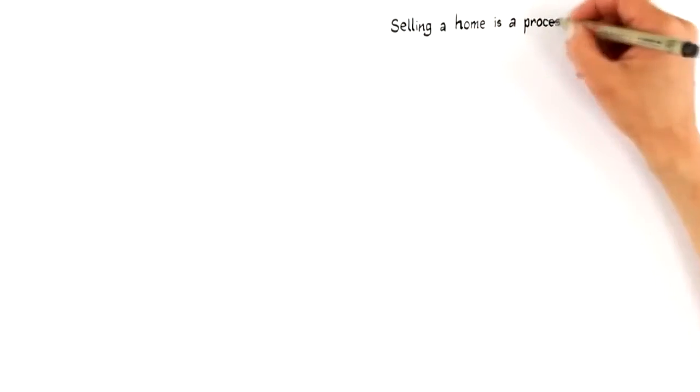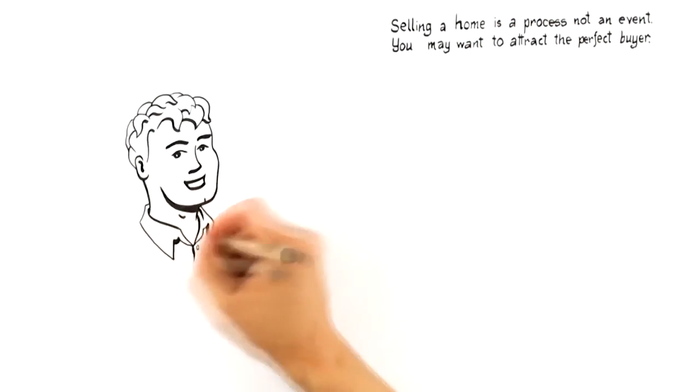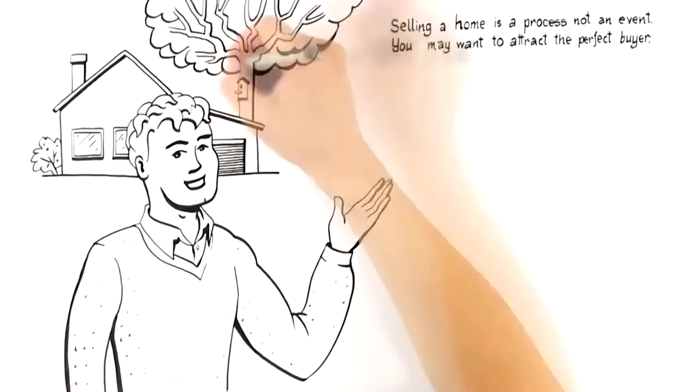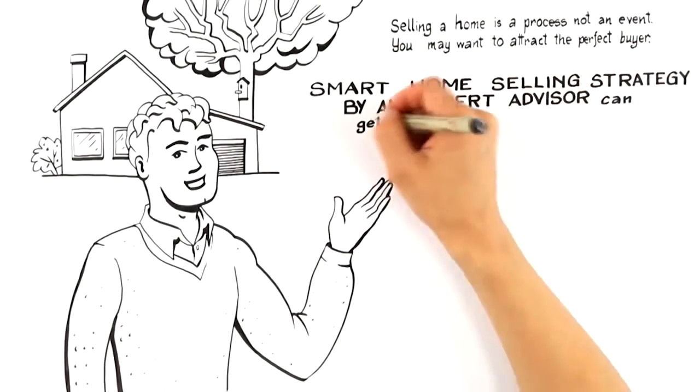By now you know selling a home is a process, not an event. You also learned how to hire an expert who can attract the perfect buyer, willing to pay top dollar for your home. So if you're selling, the next logical step is to request a free, no-commitment, smart home selling strategy